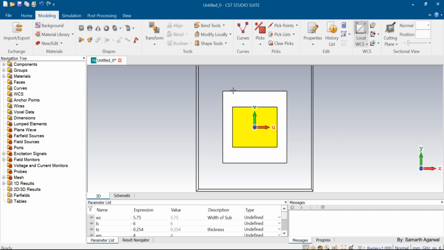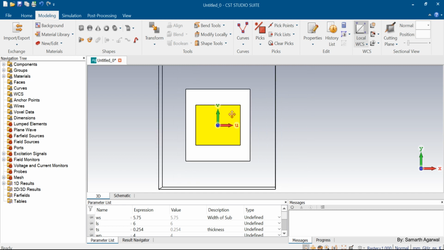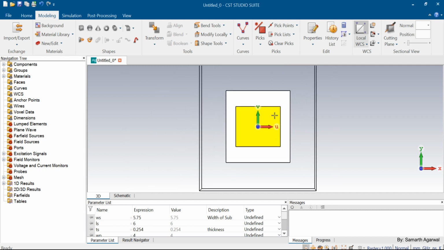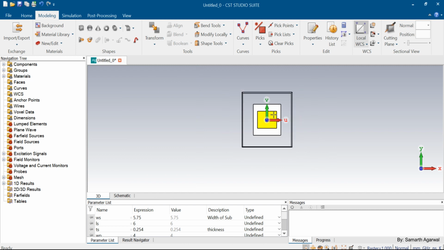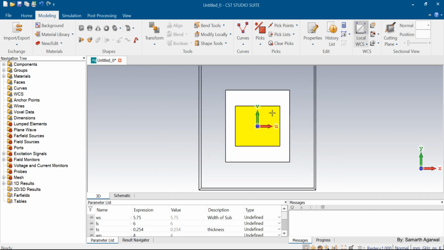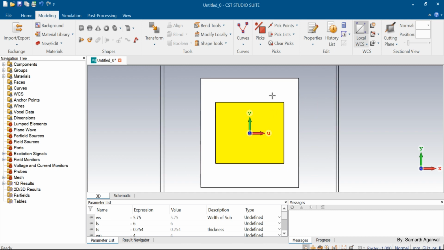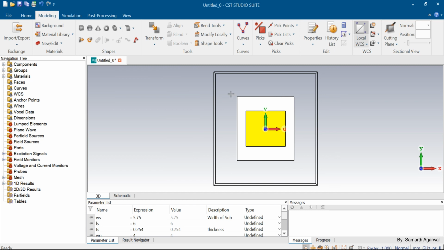Further, if you want to drag this design, suppose I have to shift it from the left, click on the scroll button and drag it. And if you want to zoom in and zoom out, use scroll again. If you want to fix that design on the screen, use this option which is called reset view to default. And if you want to zoom into a particular section, you can click on this icon which activates the zoom mode,